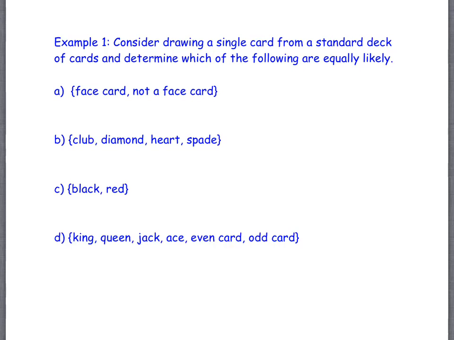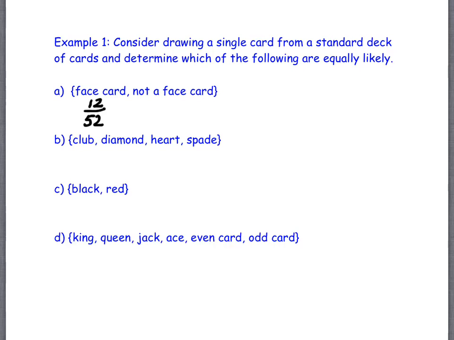So let's talk about our face cards. So how many face cards are there in a deck? 12. So there's 3. There's the king, the queen, the jack of each of the suits, right? And so we have 3 then times 4. So there's 12 face cards out of how many cards total? 52. So this is a 12 out of 52 chance that you draw a face card. Right? That would be the probability of drawing a face card.